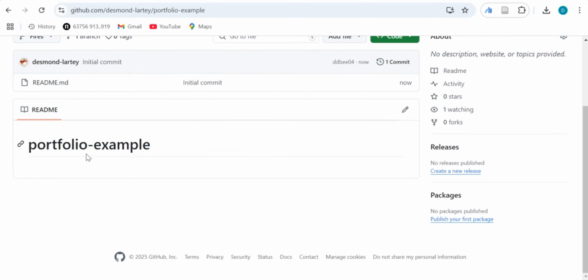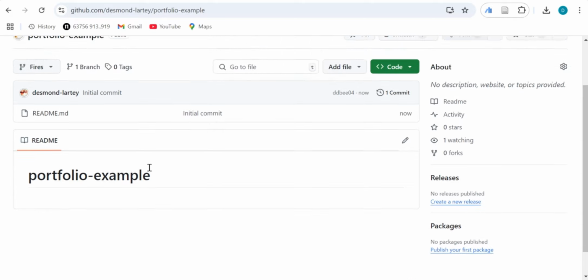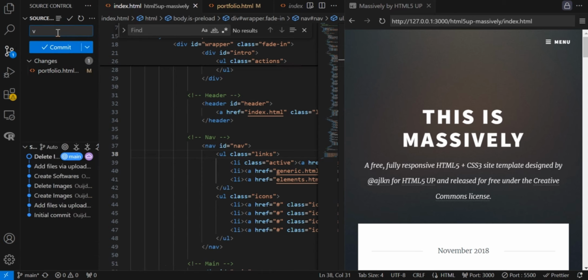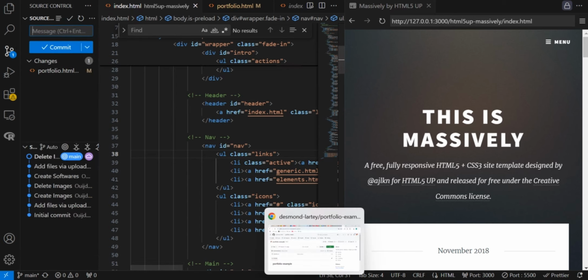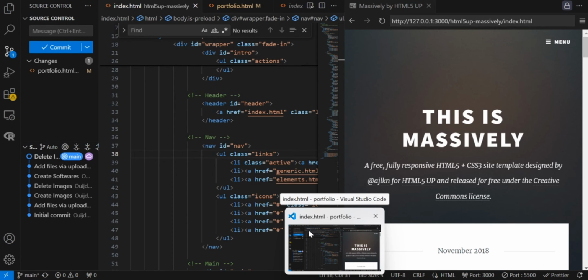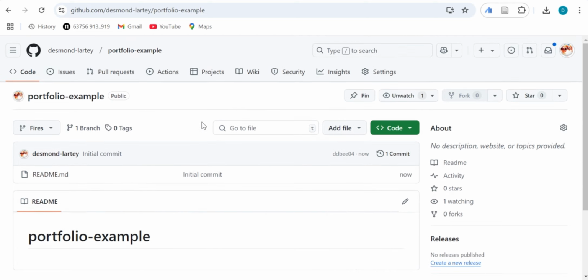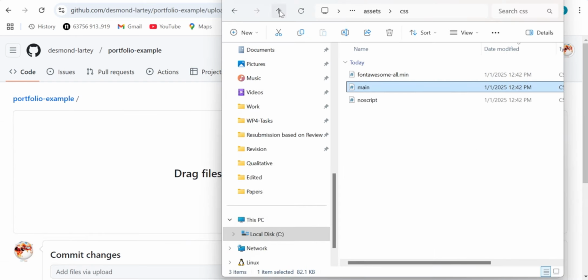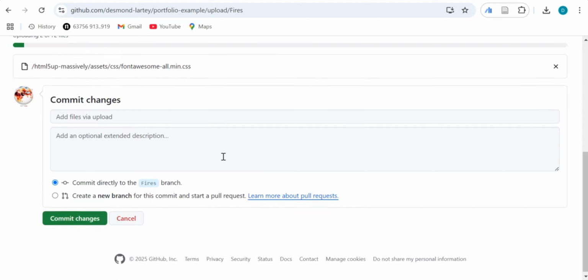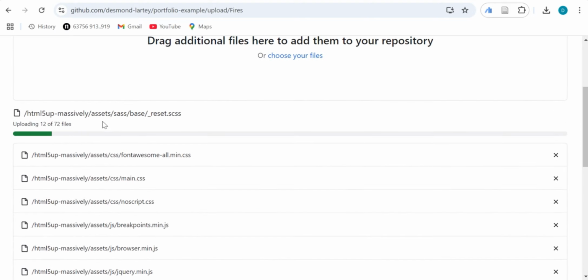The good practice is normally that you clone this particular portfolio, so that when you start editing it, you can easily commit all the changes you make. But because I was doing this tutorial, that is why I started from the base or the backend, so to speak. What I'm going to do now is to add the entire folder that I made over here. It's just a little bit of a workaround. It's not normally recommended, but I'm just copy and pasting everything.